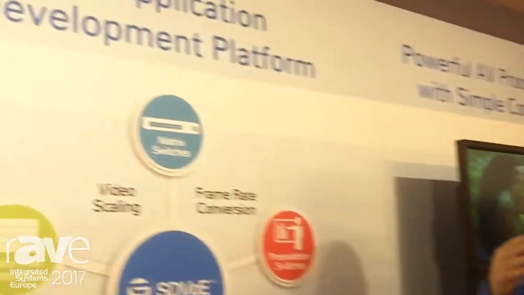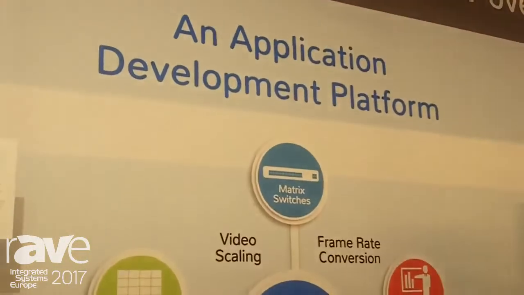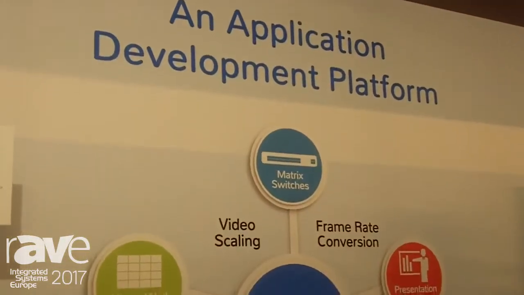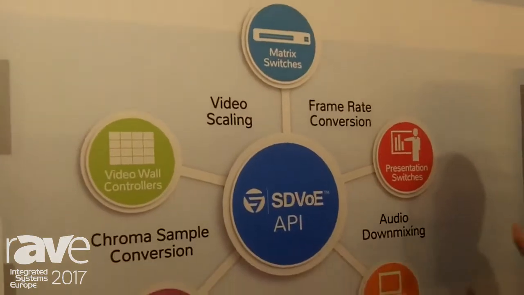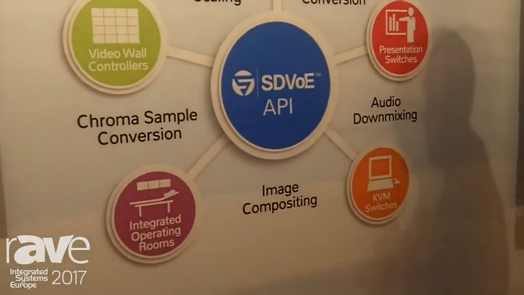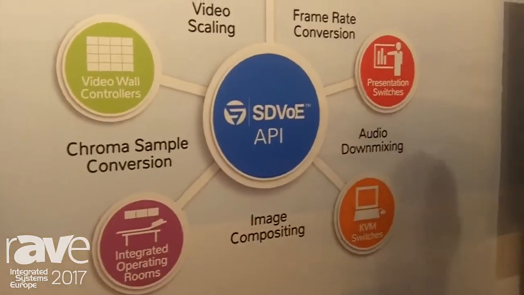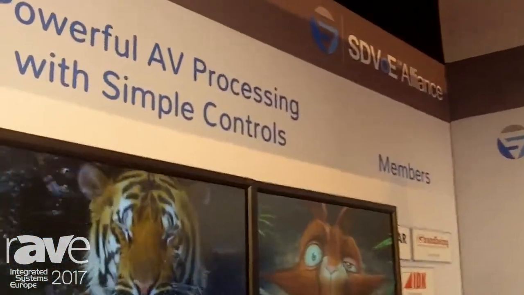SDVoE is not simply a transport. It's a full distributed AV processing solution with an application development platform. So SDVoE itself becomes a hardware and software platform for existing applications to be reimagined and for entirely new AV applications to be created.